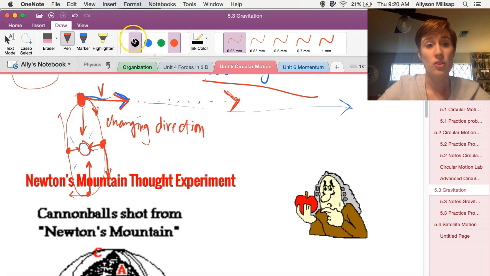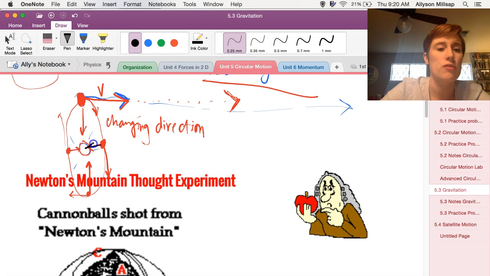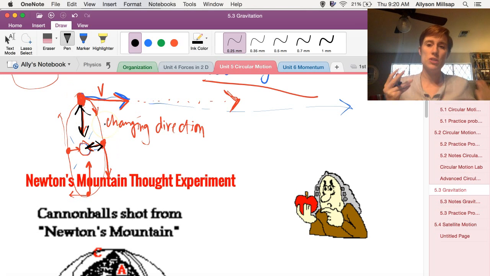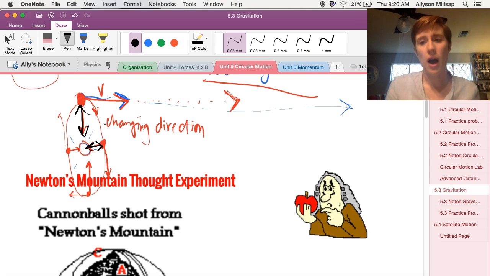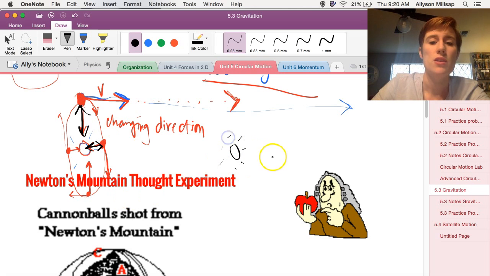One quick side note, I would keep talking about the force of the planet, right? It's being pulled in by the sun. Remember that the planet itself is also pulling on the sun. Remember when we talked about Newton's law where every force has an equal and opposite force? So if the sun is pulling on the planet right here, it also means the planet is pulling on the